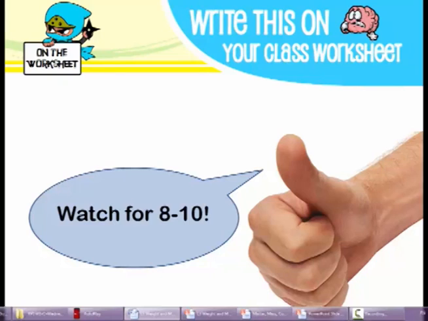Question number 11. Can two different masses have the same weight? How? This is a very good question. It's a college level question. Two different masses can have the same weight if they have different accelerations. Remember, F equals ma. So let's say you have one mass is 1 kilogram and our force is 10 newtons. It weighs 10 newtons. Alright, so that means our acceleration must be 10 because 1 times 10 is 10.